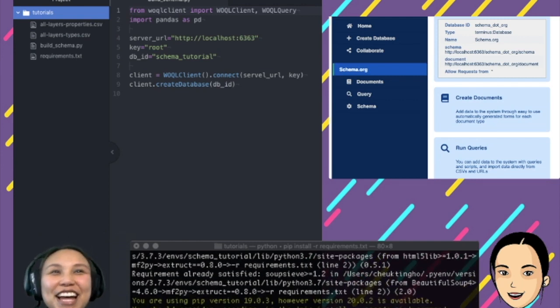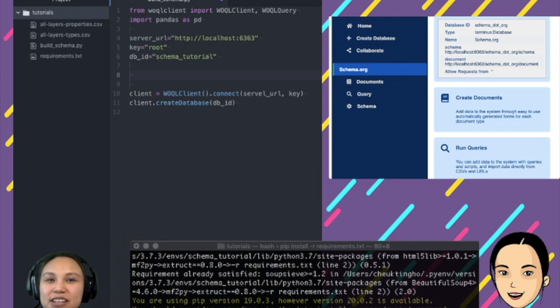So let's continue. We have created a database, but we want to create a schema. That's what we are going to do today. We may not get to the end, but I will show you the basic idea. First of all, we have to read in the data from the CSV. This is not related to TerminusDB. It should be fine as long as we have pandas, which I think is quite obvious for some of you.